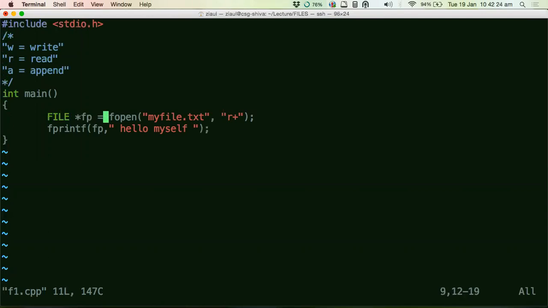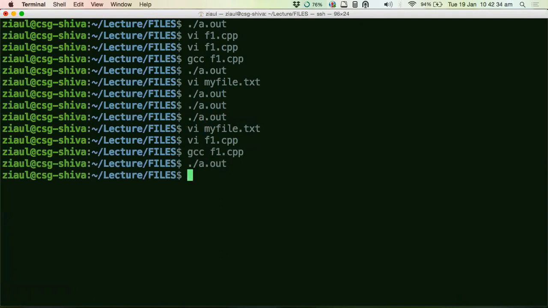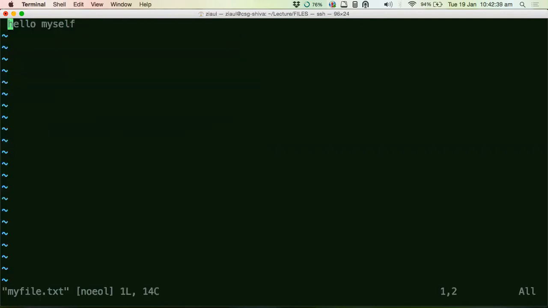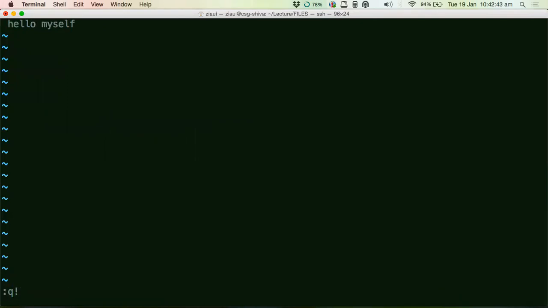Now if I use the append mode, let's see what happens. If I say ra plus, I don't know if it is going to work or not. So I think you have to only open it in append mode.